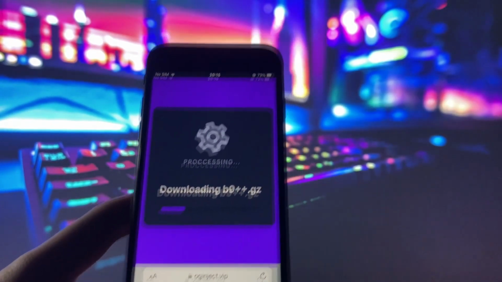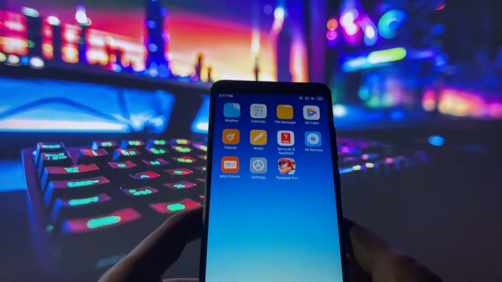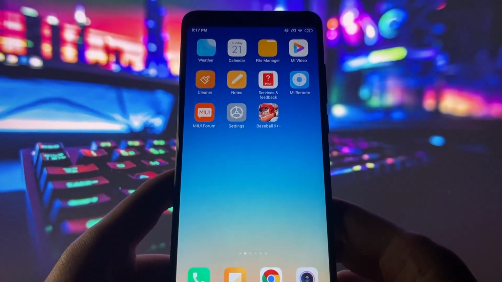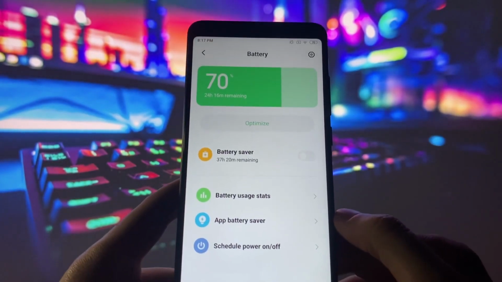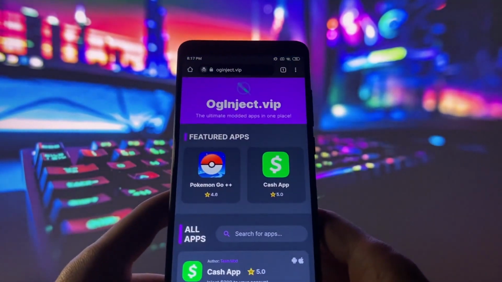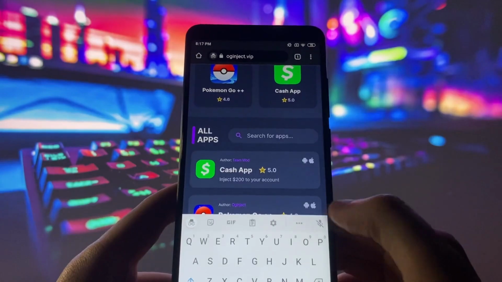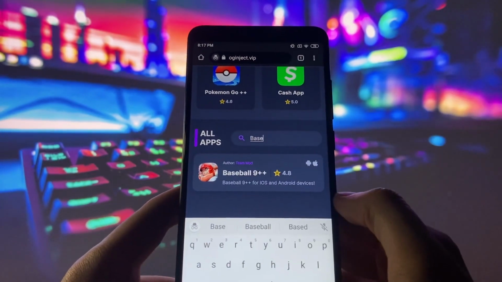If you happen to be using an Android device, don't worry, the process is still quite simple. You just need to make a small change in your settings. Locate and disable the battery saver option. After that, the rest of the steps remain similar to those on an iPhone. Open your internet browser and go to oginject.vip. Use the search bar to find Baseball 9. Once you find it, click on the option that says Start Injection